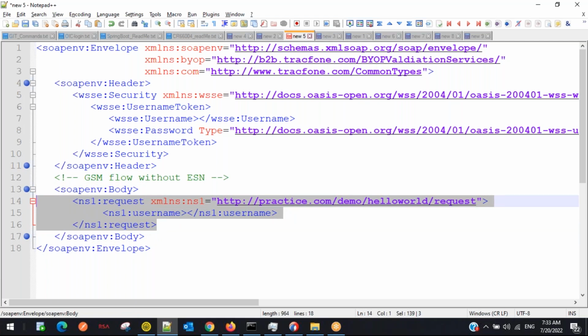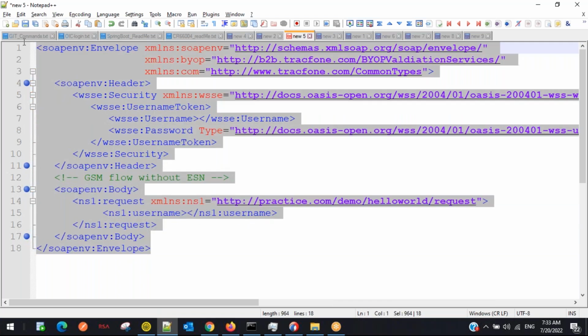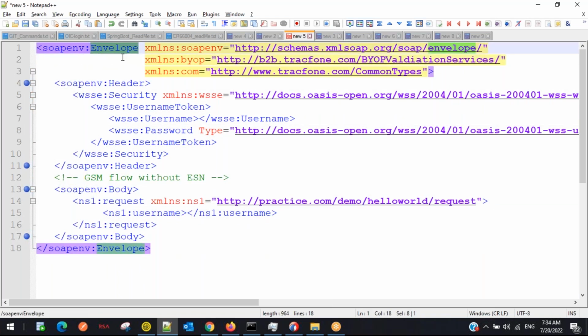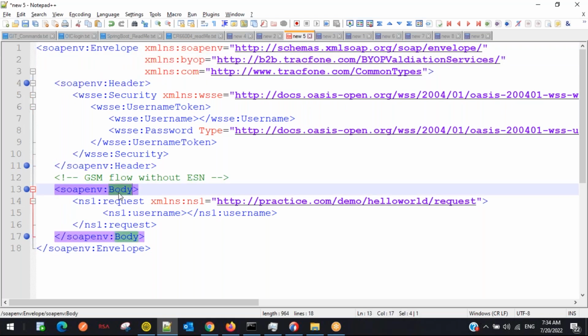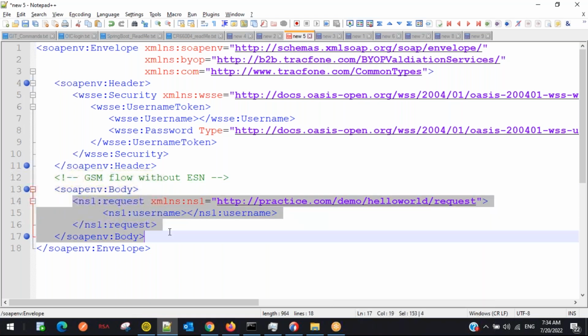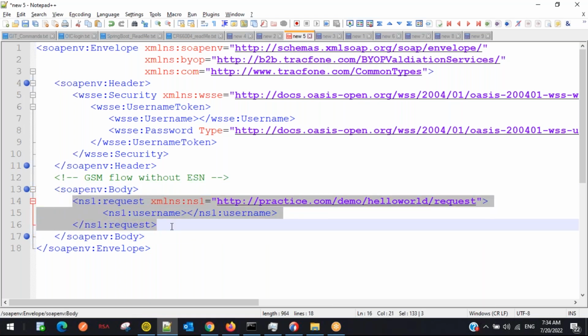Sometimes your program may error out, right? Even if the program errors out, the body can hold the error information. So the envelope body contains either request XML, response XML, or error XML. This is the basic syntax of the SOAP protocol, and we need to remember it. What is the root element? Envelope, E capital, which contains Header and Body, H capital, B capital. Under the body section you can keep your request XML, response XML, and error XML. If the program failed for some reason, that error will be generated and placed in the